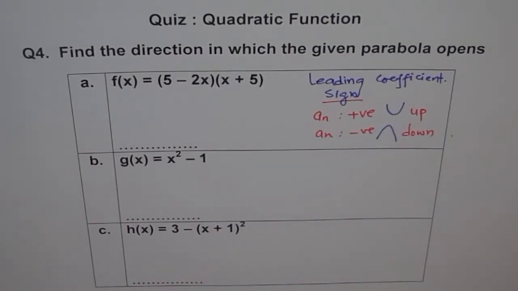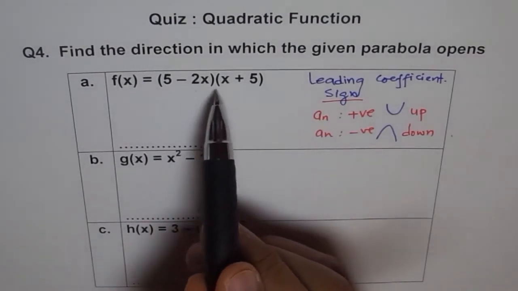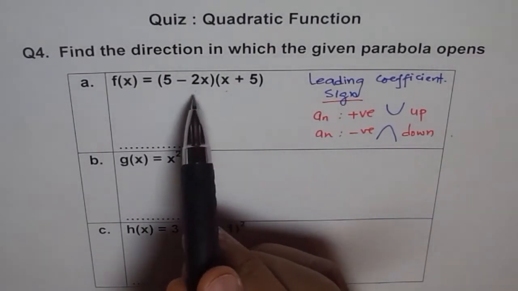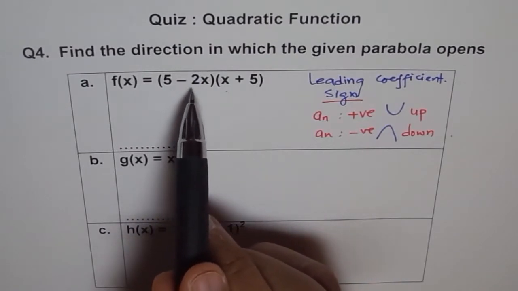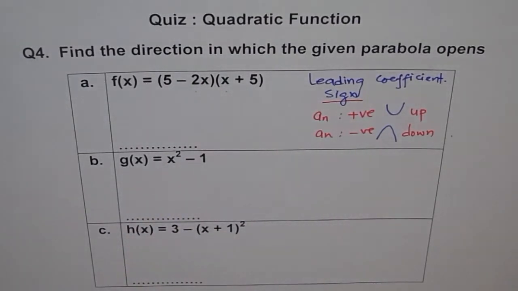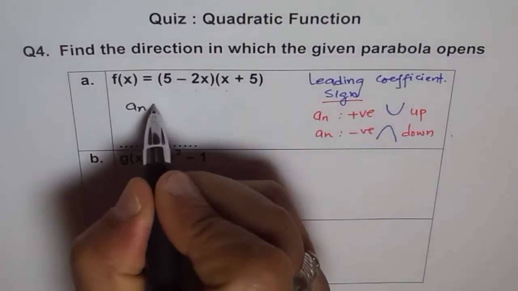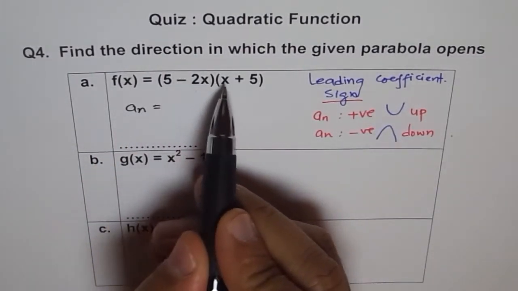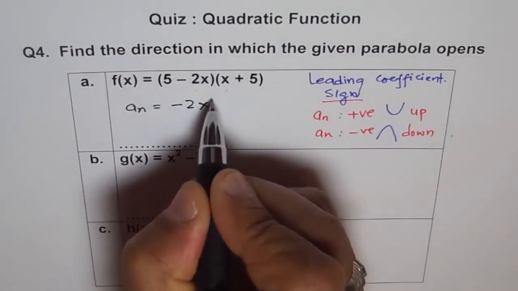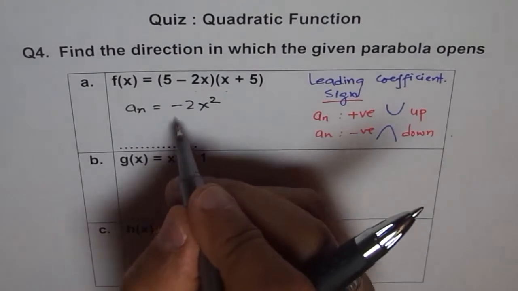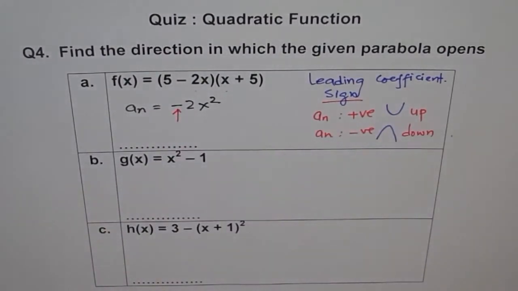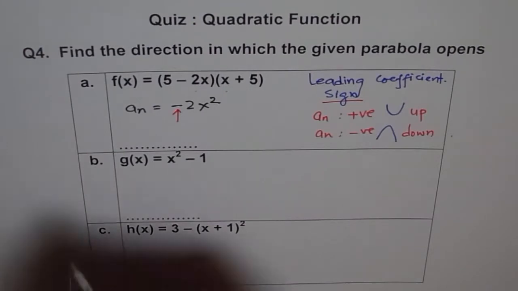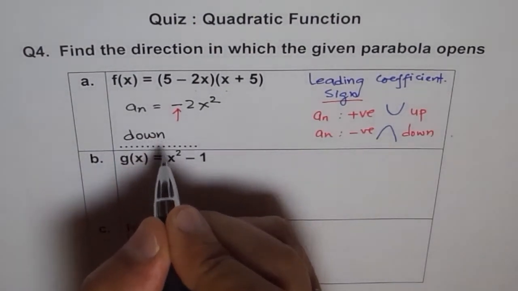So here, what we will do in the different cases is try to figure out the sign of the leading coefficient, right? And how do you get the sign of the leading coefficient? Well, in the factored form, you have to multiply the two x terms, the terms which have x in them, right? So when you do that, you get minus 2x times x. So here a n is minus 2x times x, which is minus 2x squared, correct? And this negative value indicates that your parabola will open downwards, and therefore the answer here is downwards,